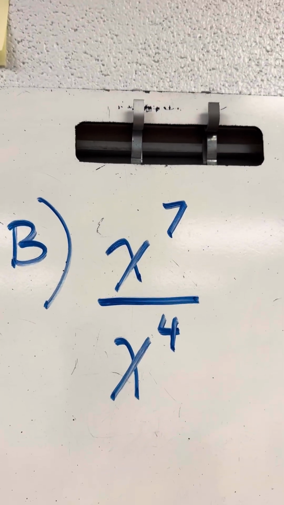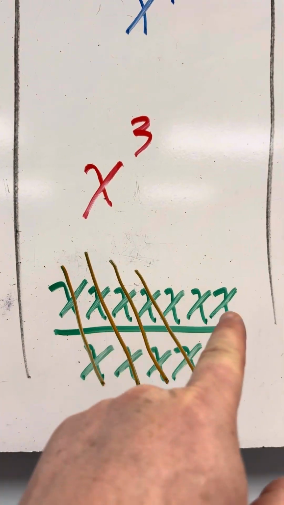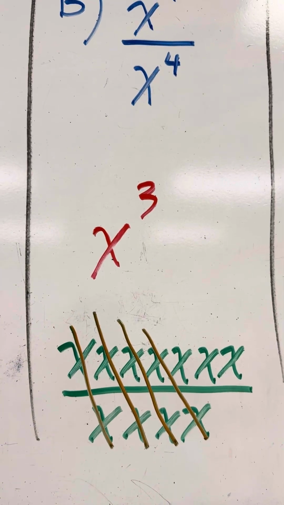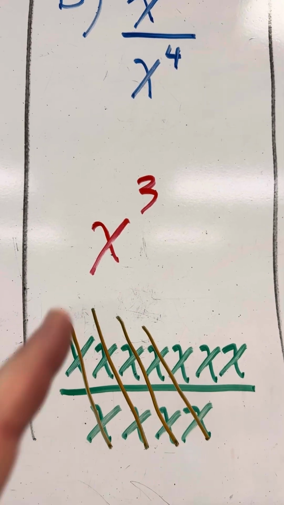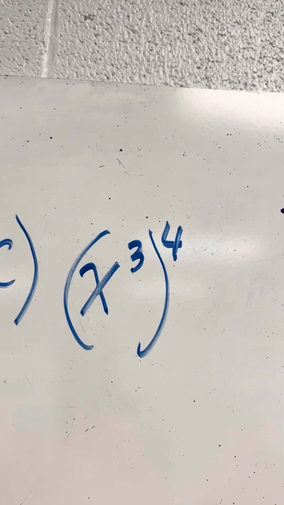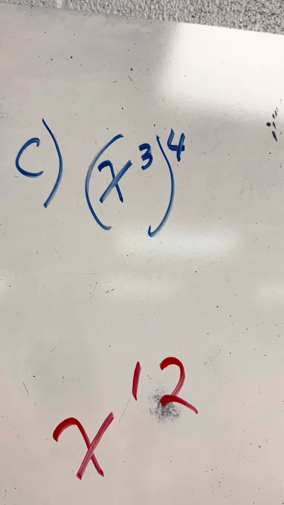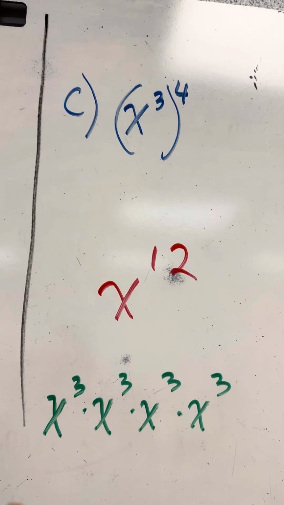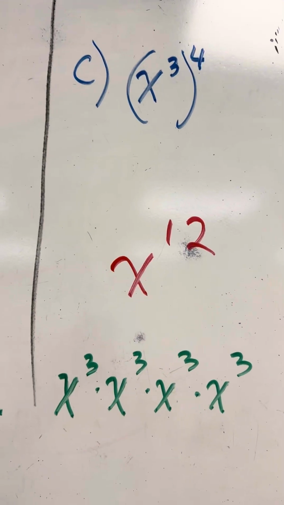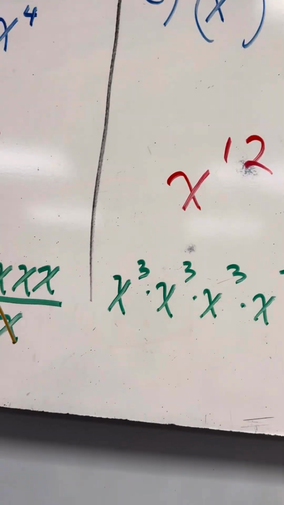X to the seventh divided by x to the fourth is x to the third, because 7 x's over 4 x's, 4 x's cancel, and you're left with 3 x's, x to the third. X to the third to the fourth is x to the 3 times 4, or x to the 12, because you have x to the third, x to the third, x to the third, x to the third. And 3 plus 3 plus 3 plus 3 is 12. Okay? So,